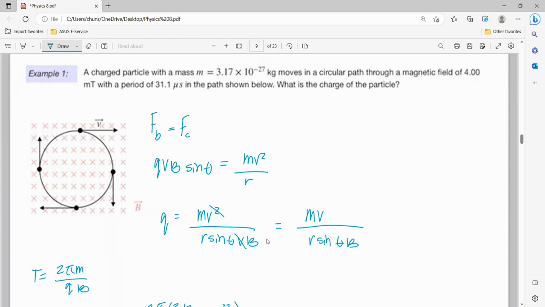So we want to find what our charged particle is. So we're going to direct our hands along the velocity and we point our fingers down into the page. This gives us a force pointing upwards. And we know from our circular motion that our force must point into the circle. So if we did that with our right hand, I forgot to specify that if you perform the same operation with your left hand